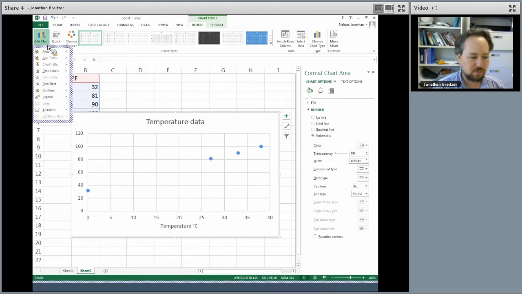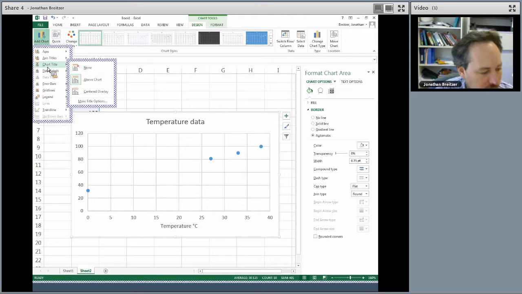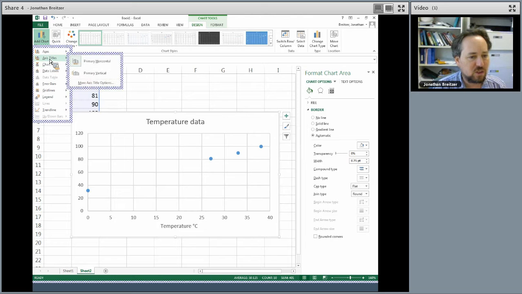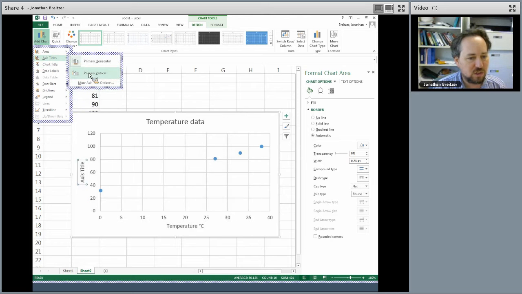Add chart element, and for the chart element, we're going to add the axis titles, the primary vertical axis. Click there.